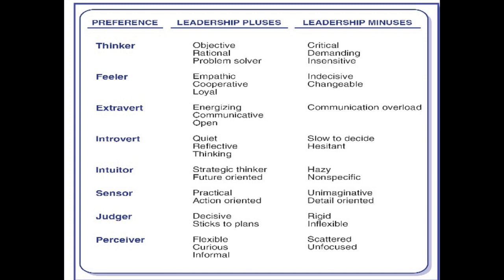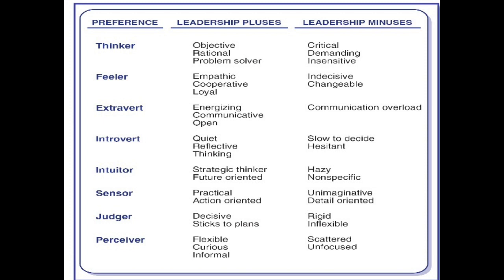Each of these preferences has a specific leadership plus, a positive, and a leadership minus, the negative aspect. For example, if you have a preference of being a thinker, your leadership plus is that you're objective, very rational, you're a problem solver. However, some of the leadership minuses is that you may be too critical, too demanding, and